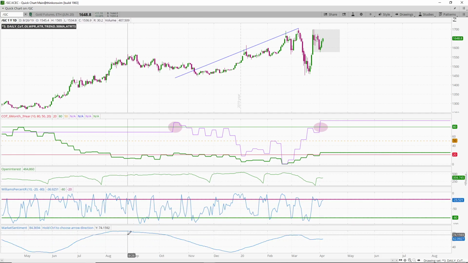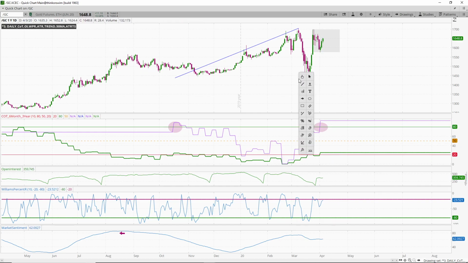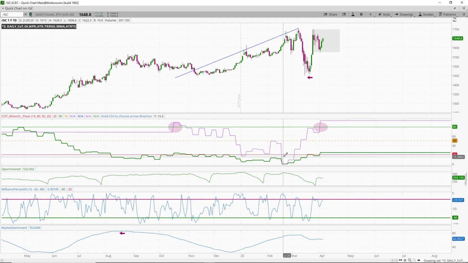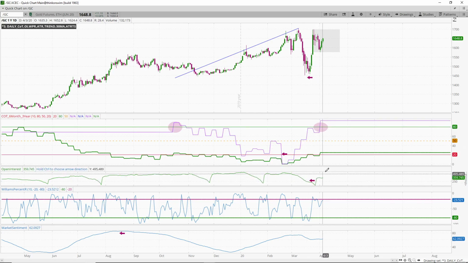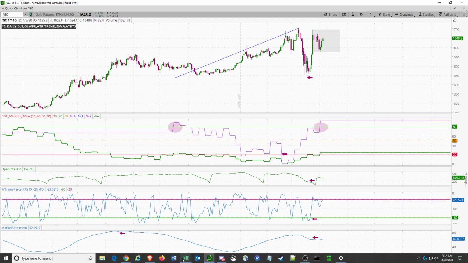Market sentiment was blazing up in here, so there was a little bit of correction. We saw the aggressiveness in the 6-month, something we've talked about before. And then again in this territory here, comms holding quite a bit more optimistic. They weren't before, so here's the 20 range, not very optimistic in this area, but now as the market drops down, considerably more optimistic on the 6-month index. Open interest relatively low, WPR oversold, and market sentiment doesn't really help us out that much.